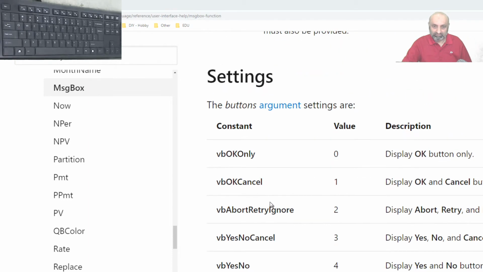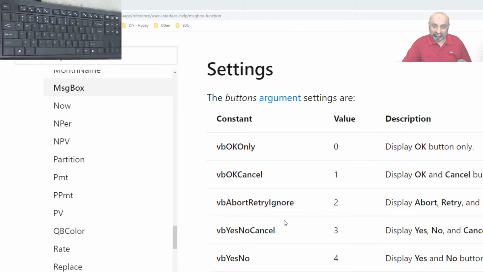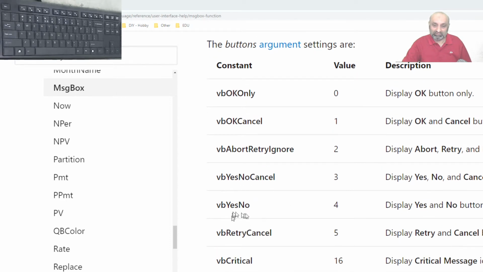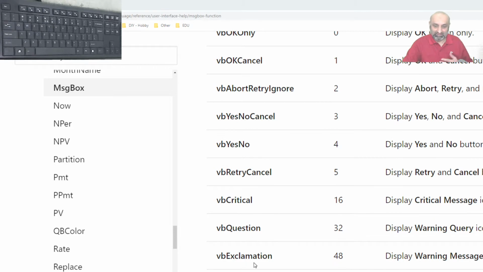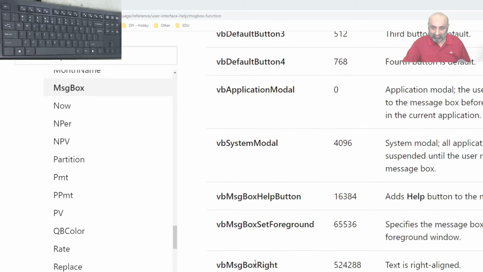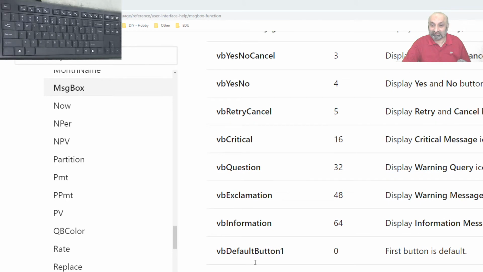Buttons, buttons, buttons. Here are the buttons. vbOKOnly, value 0, displays the OK button. OK Cancel, Abort Retry Ignore, Yes No Cancel, Yes No, Retry Cancel, critical, question, exclamation, information, and so on. There are so many button settings.